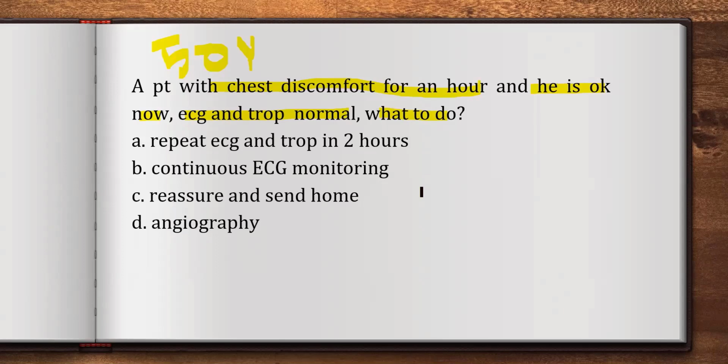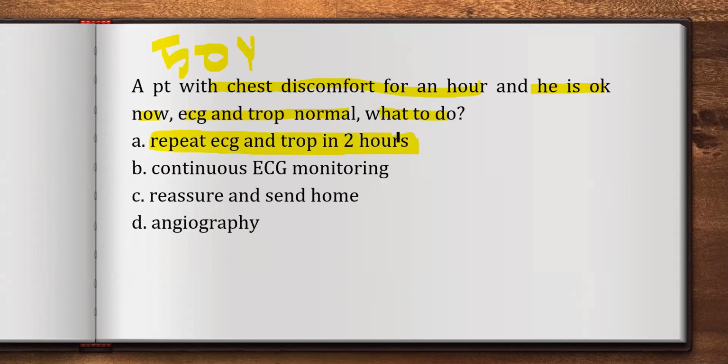Now, a 50-year-old patient with chest discomfort for an hour, you did ECG and troponin. The first ECG and first troponin are normal. You never ever send a patient home without at least doing a second troponin. So you should always repeat troponin. Initially, at 1 hour, it might be totally normal. After 2 hours, it can be 6,000. We have seen patients like that. So obviously you should repeat ECG and troponin.